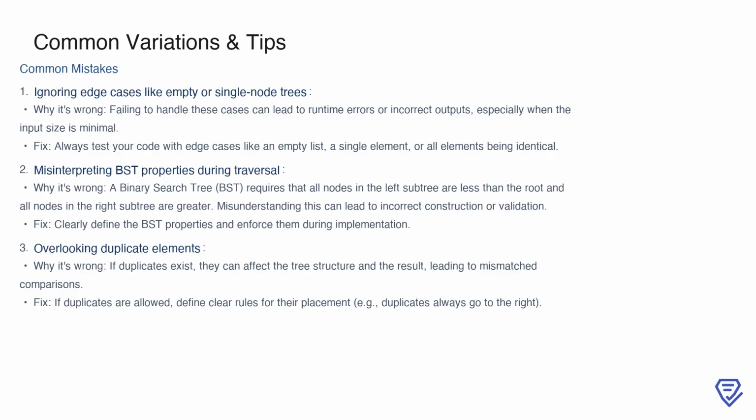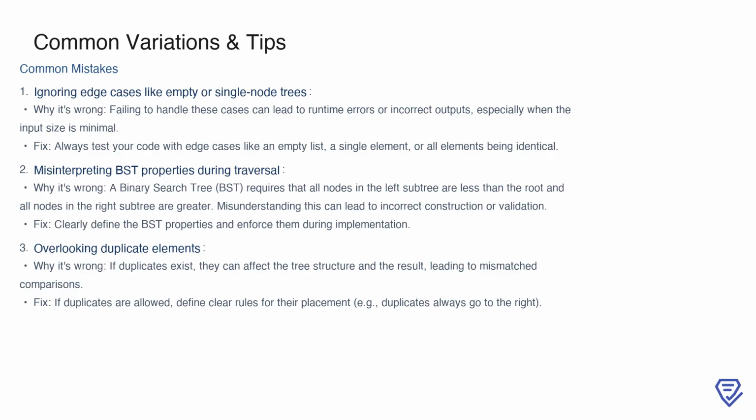it handles them gracefully. Another frequent issue is misinterpreting the properties of a binary search tree during traversal. Remember, in a BST, all nodes in the left subtree must be smaller than the root, and all nodes in the right subtree must be larger. Failing to enforce these rules can lead to incorrect tree construction or validation. Finally, overlooking duplicate elements can cause problems, as duplicates impact the tree structure and the resulting comparisons. If duplicates are allowed, you need clear rules for their placement, such as always inserting them on the right to